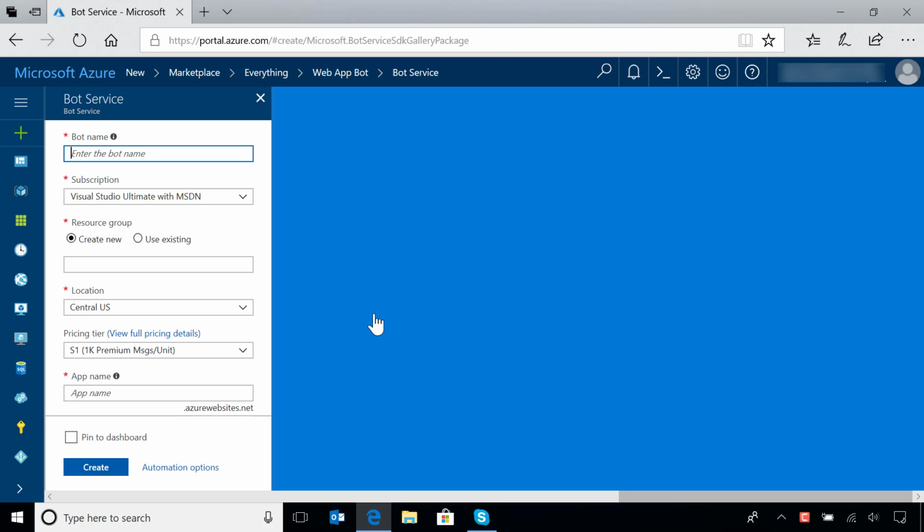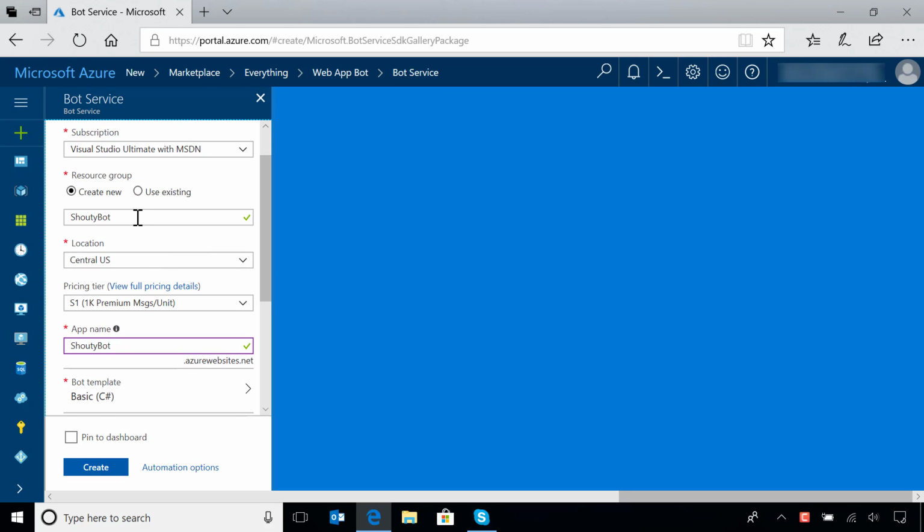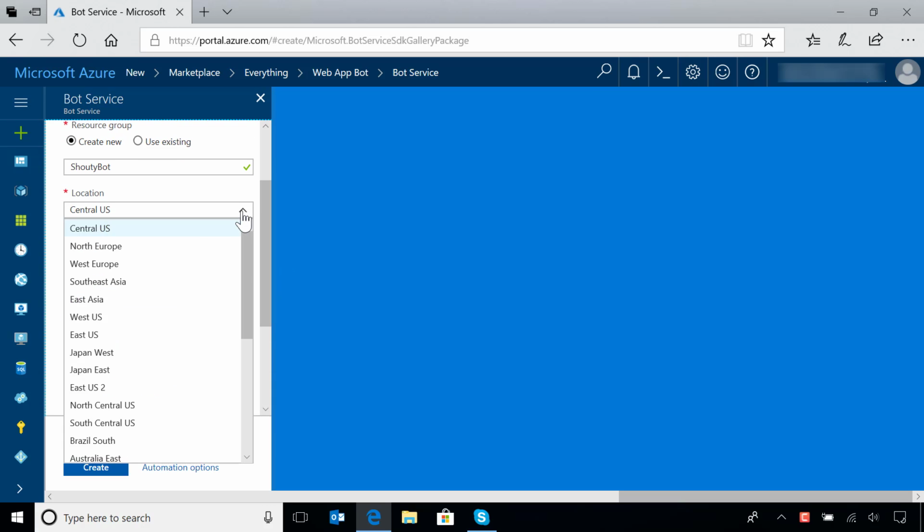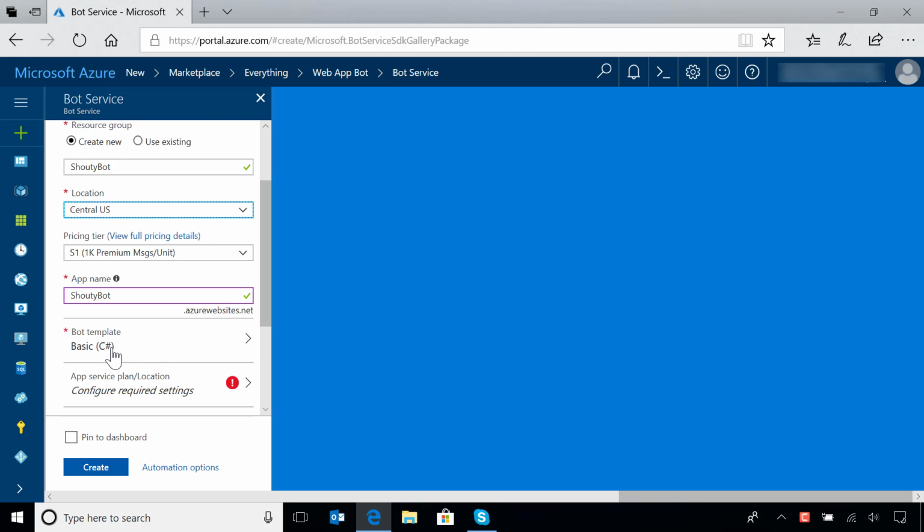So the first thing my bot needs is a name, and I'm going to call mine Shouty Bot. And there's a few other things I've got to fill in here. I'm going to create a resource group for it, just so I can manage all the related resources together. I need to choose where I want to deploy that. So I'm just going to pick the data center that's nearest to me, which is actually the West US 2